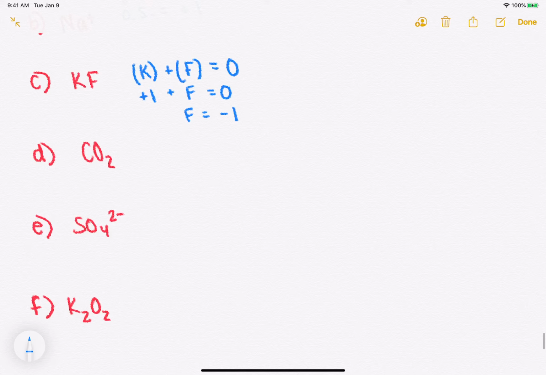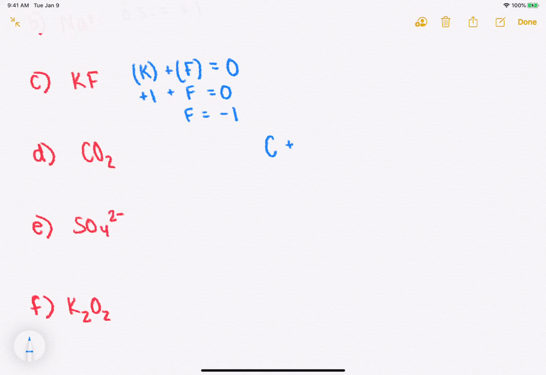Now we're getting more complicated. Now we have 3 atoms. So rule number 1, free element, does not apply. Rule number 2, monoatomic ion, does not apply. Rule number 3, the sum of the oxidation states has to equal the charge. That one we can work with. So we have the oxidation state of the carbon